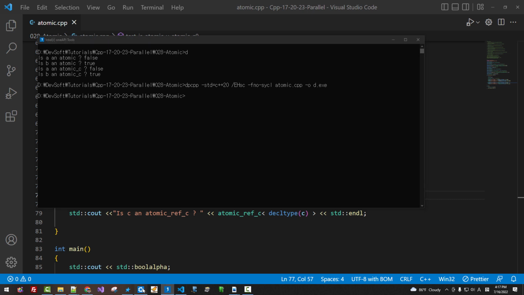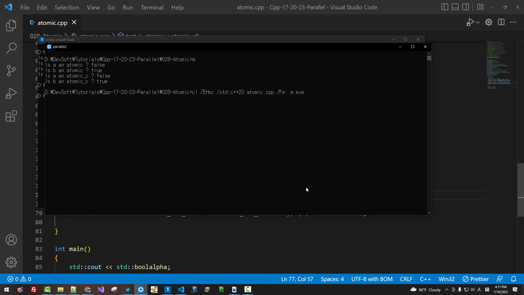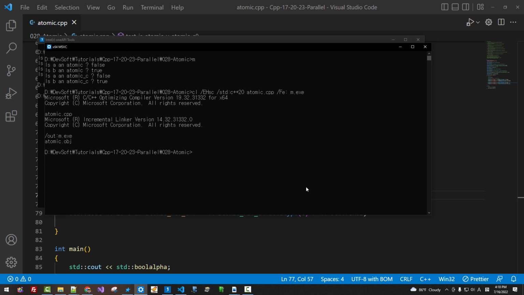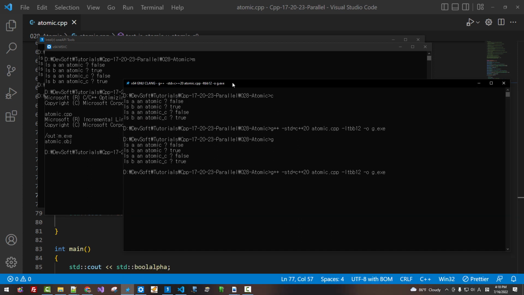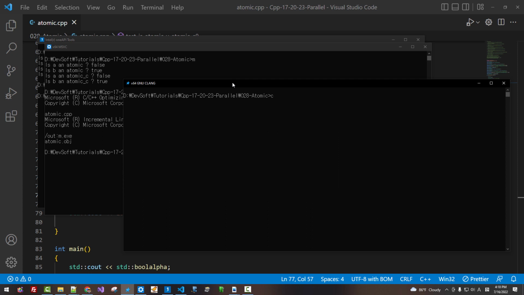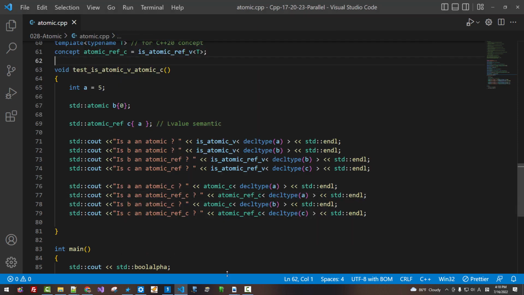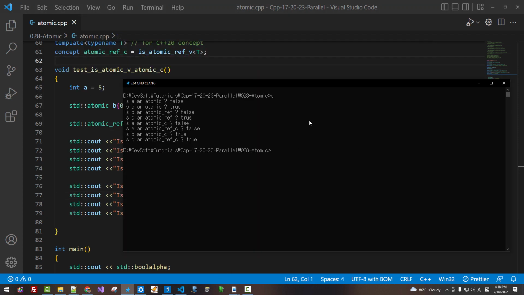Intel compiler works perfectly. Microsoft compiler also builds. GNU compiler also builds. Clang compiler also builds. Clang compiler works correctly because